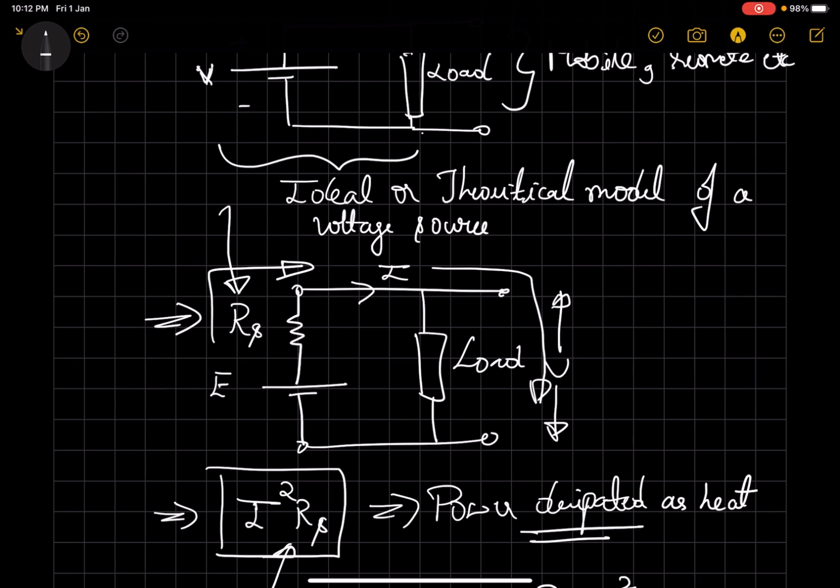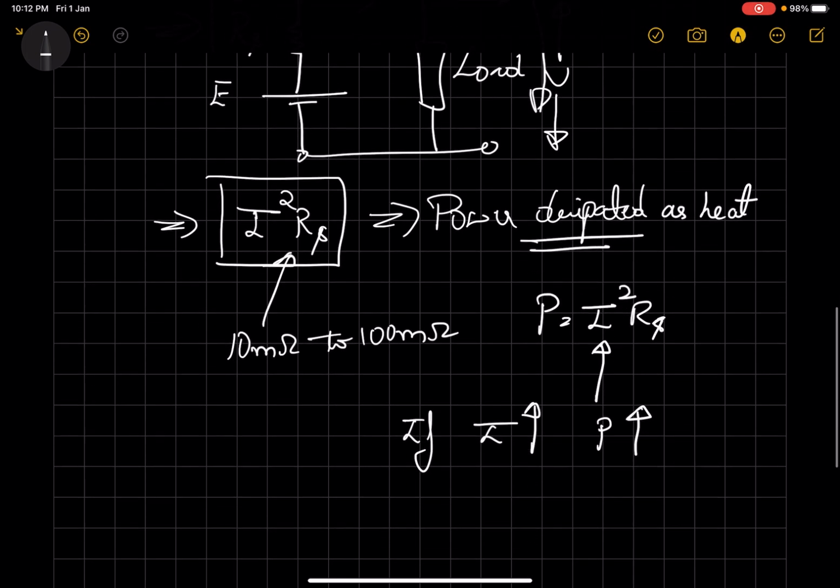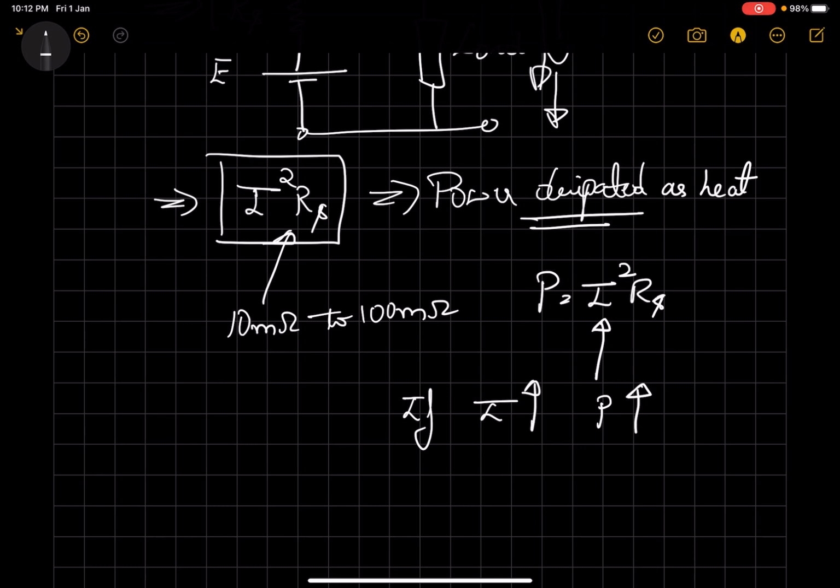Even if the load is drawing a small amount of current, but the device is running for a long time, then the I square R losses for the given time will be more. This might be very evident in practical situations as well, like when you're trying to charge your phone, and if you try to charge it for a long time, or if you try to charge it very fast, the phone tends to heat up. That's because of the I square R power losses in the battery itself.